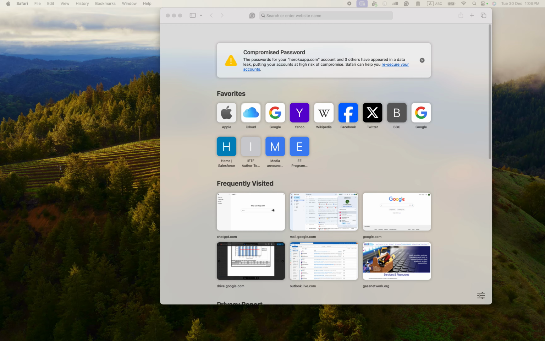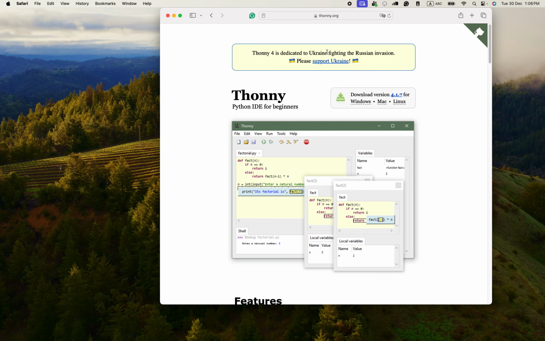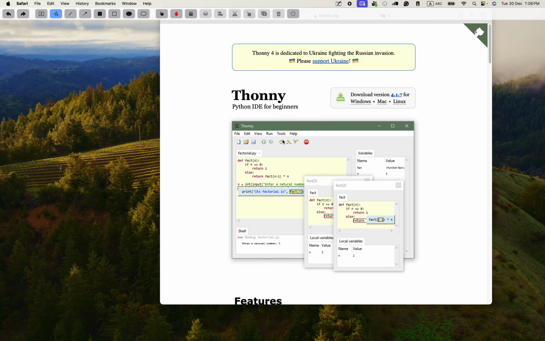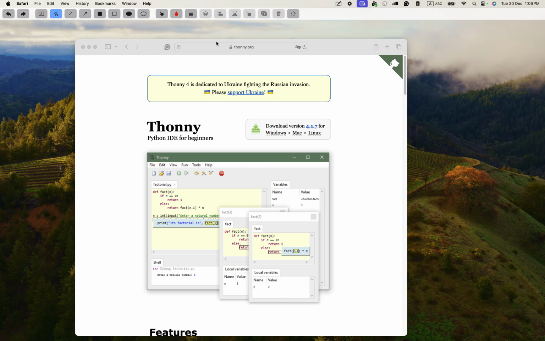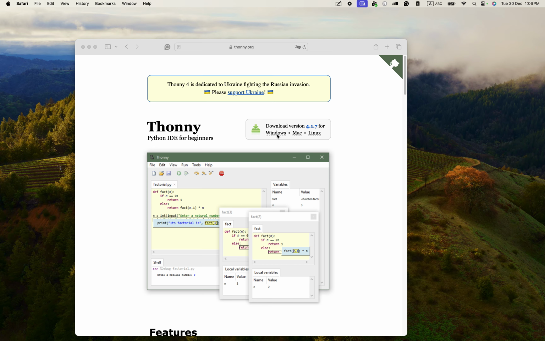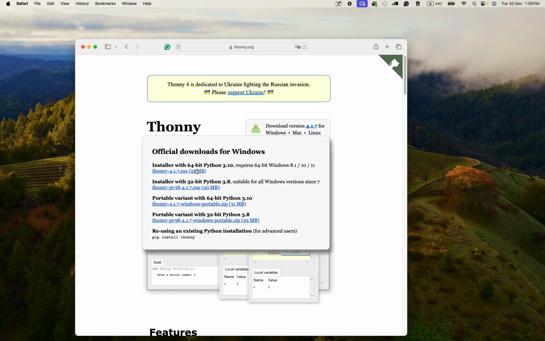Perfect. Okay. So now what do you do when you hear about Python for the first time? Don't look for Python, look for Thonny. Why? Because that's where you're going to write your program. So this is your Thonny. Let's say you have a laptop, and you heard about Python for the first time and you don't know where to go, how to program. So first thing you do is you go to this website called thonny.org. Then you come here, it is a Windows PC, you click on Windows, you download this software,